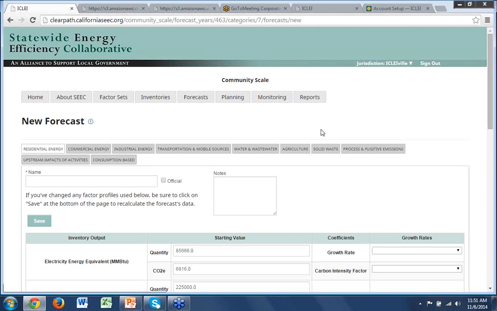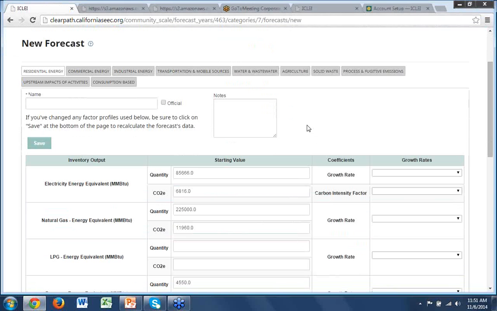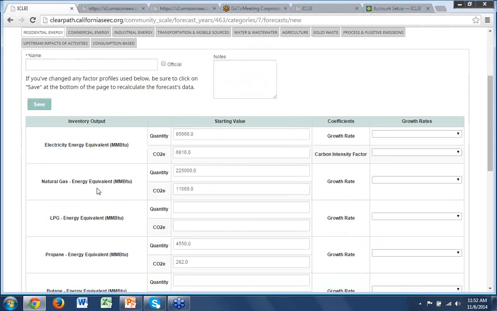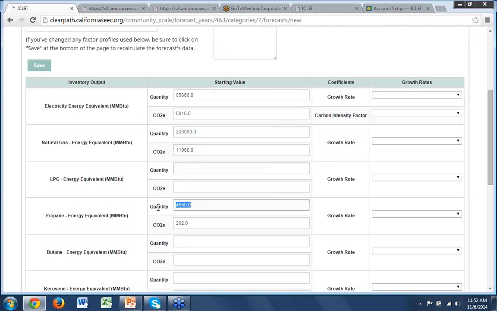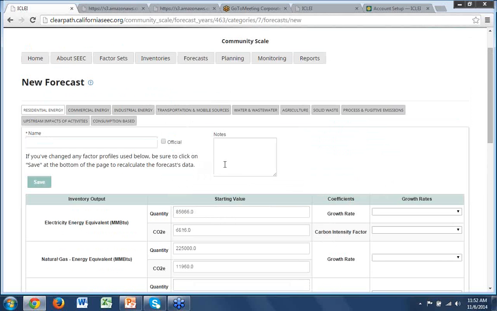So now that we've clicked on Edit Records on the community scale track, as you can see, since I automatically ported in all of my data, we have electricity energy equivalent, the quantity in MMBTUs, the quantity of CO2e, same thing for natural gas, and then now we also had propane for this particular sample entry. Okay? So what we want to do is take a peek and just call this